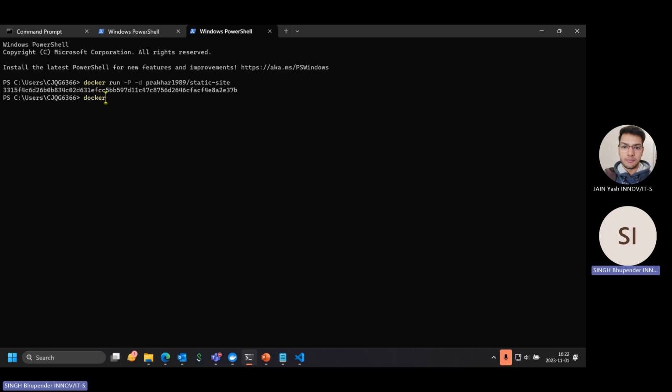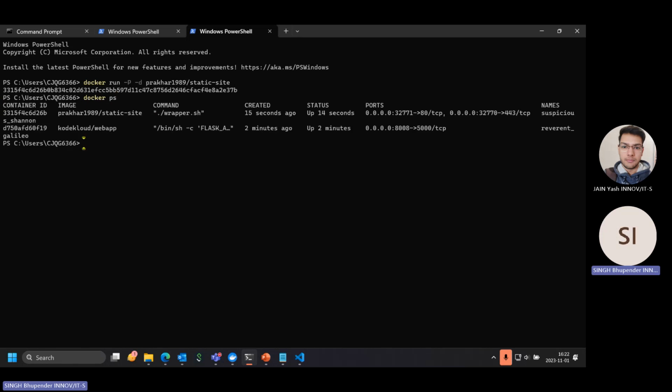And if we write the docker ps command, we can see that it is in fact running. And if we want to see the port used by it, we can use the docker port command and use the name. But here, for running that Docker image, you haven't put any port number.